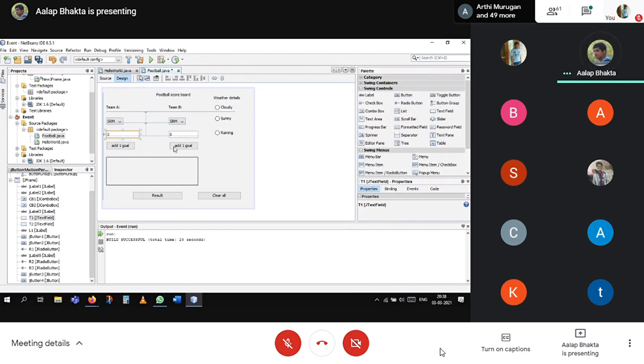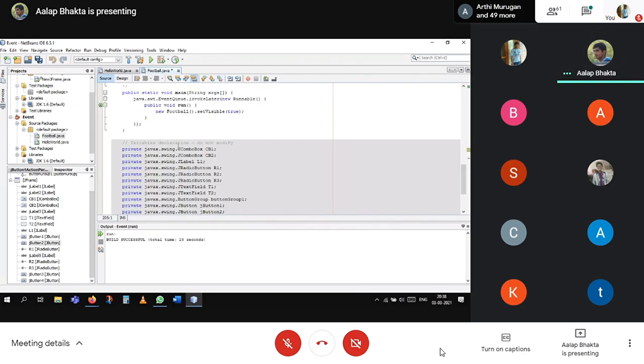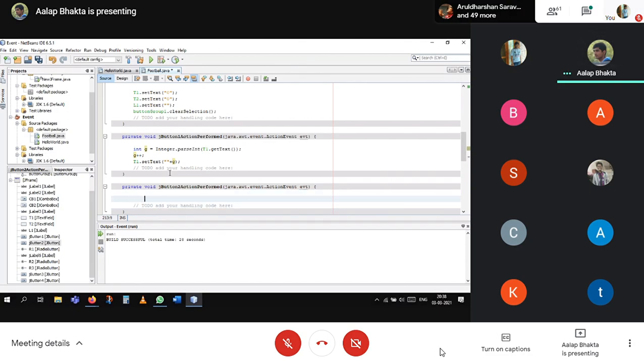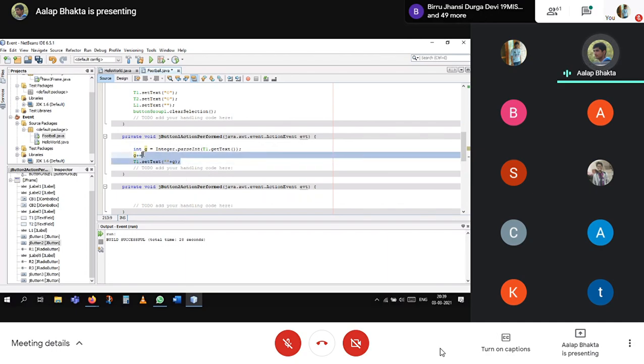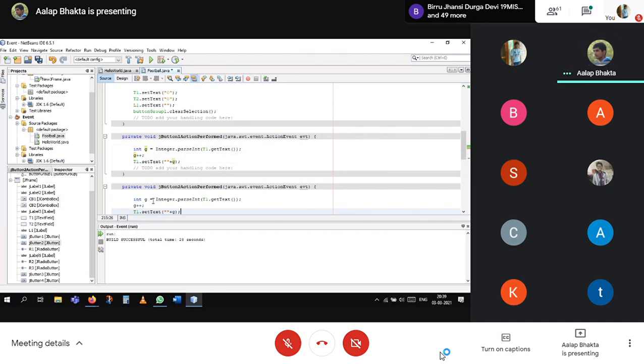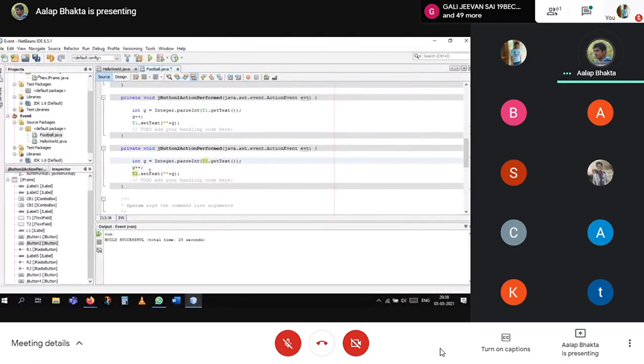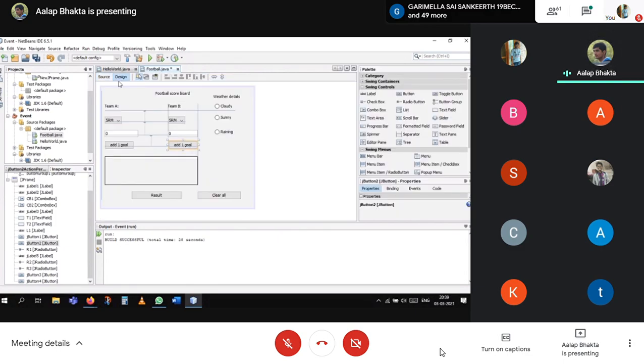So just add one goal for team B. I'll copy this. Same thing. Just remove this. Go to T2. Okay. So the T2 goal will be taken as input, then it will be incremented.